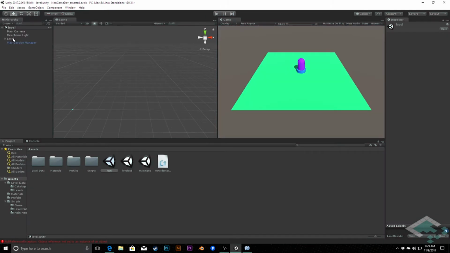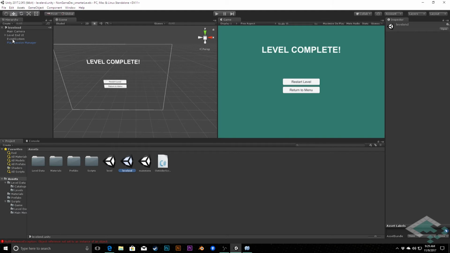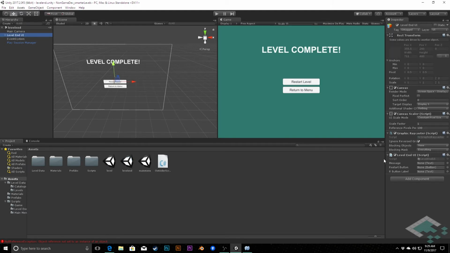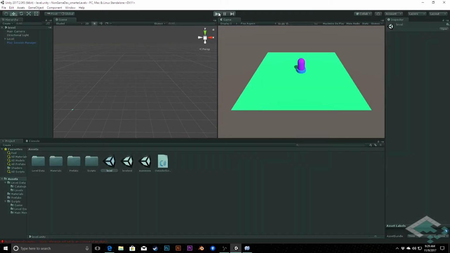So we do need to make sure that we jump back into our level end UI, and we see that we have these three variables here. So I'm going to want to add those in. Message is going to be our message text. Restart button is going to be the entire button of the restart button. And then the R button label is the text that's within there, because that is the text that resides on that button. So we'll drop that in, save that once more, and now go back to the level, hit play,